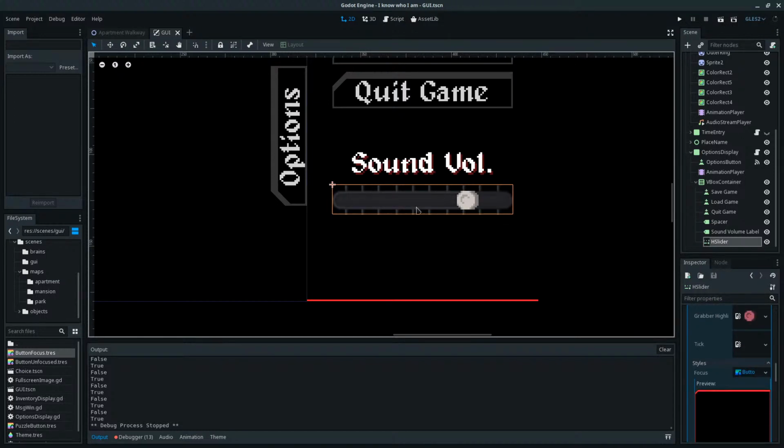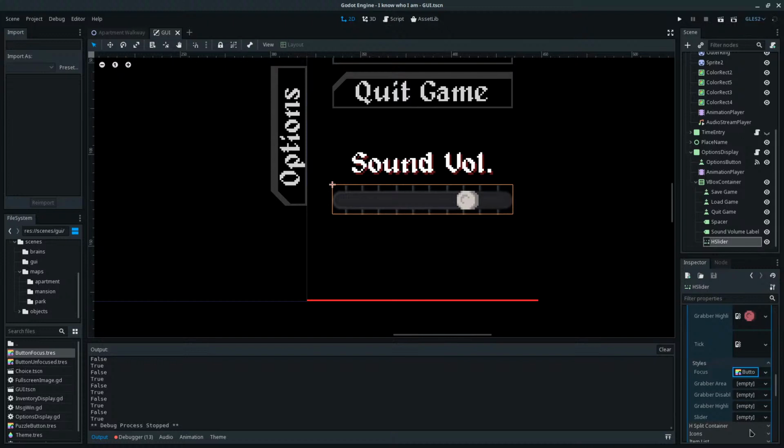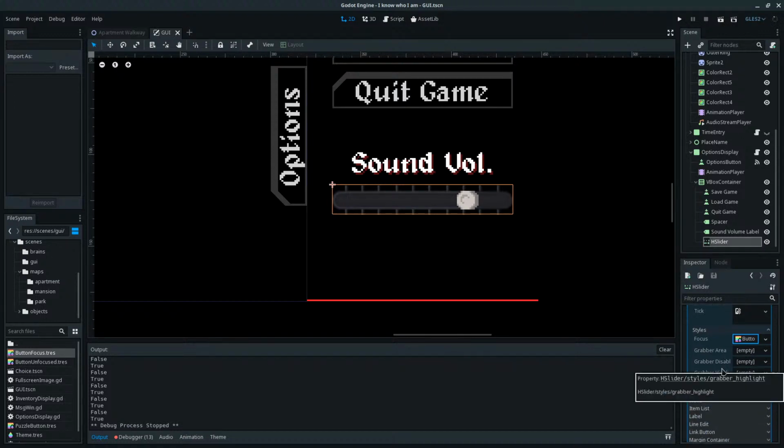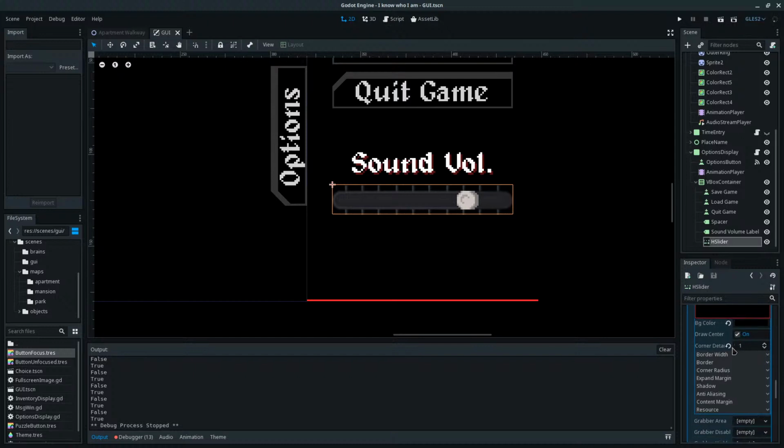All right, well that did fix it. So the only last thing we need to theme is this little bar, which I assume... I'm not sure exactly what the bar is.